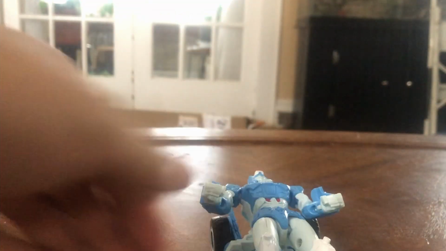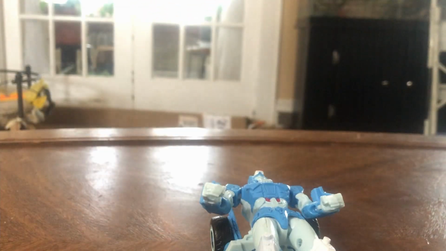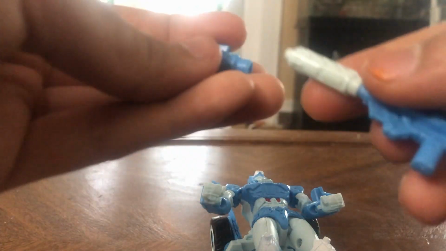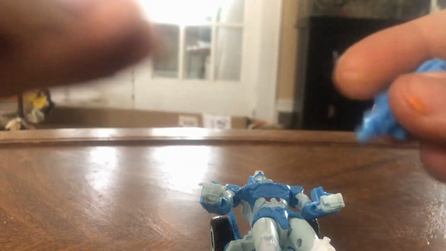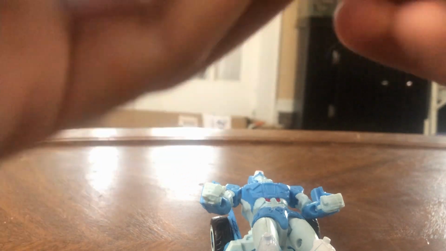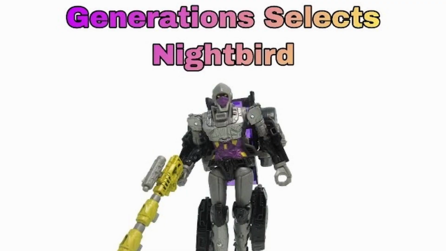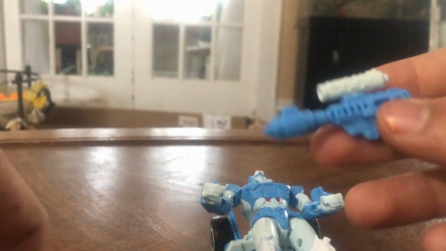I mean, the last thing to talk about is her accessories, that being her two little grenades, and her gun can break apart the scope and the pistol. And I actually do really like the pistol a lot. But you can put these all together to make your own configuration of a weapon. And personally, this is my favorite configuration. As you saw with the Nightbird video I made, you can make a little bow staff with this, but you can also store most of the pieces on